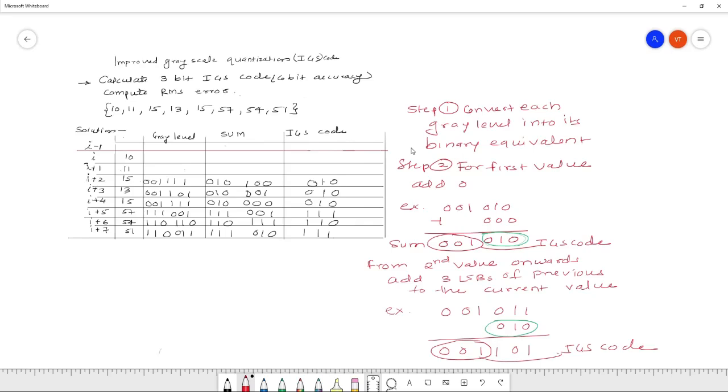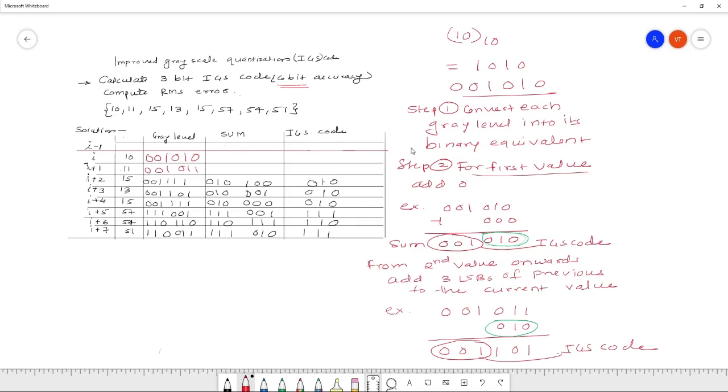If you want to convert 10 into its binary value, you will write 1010, right? But they have mentioned 6 bits. So if I want to write this 1010 in terms of 6 bits, I will write 001010. Correct? So I'll write here 001010. If I want to write 11, how will I write 11? You have to convert, right? So 001011. So right here 001011.